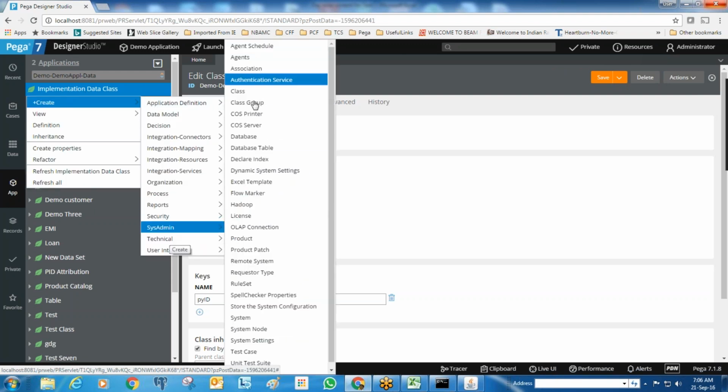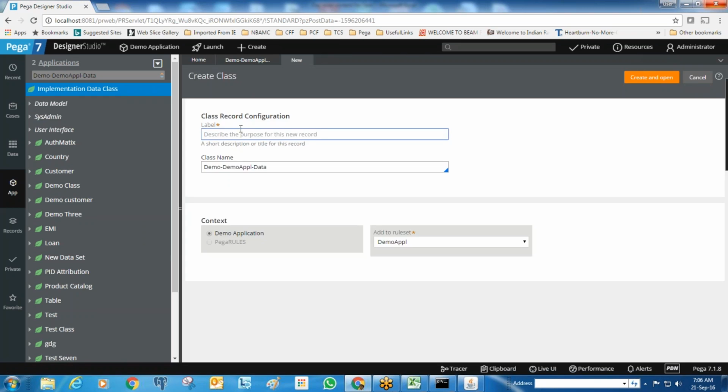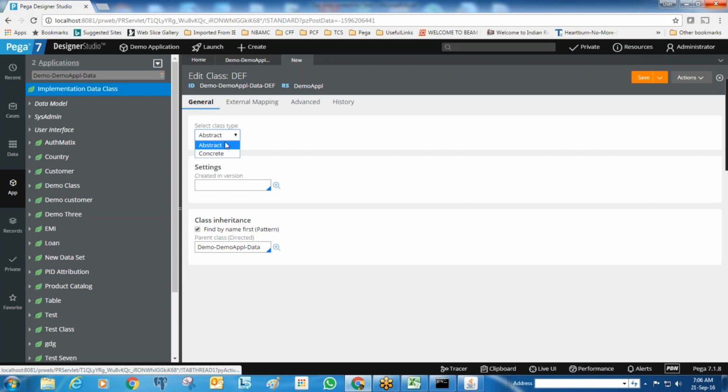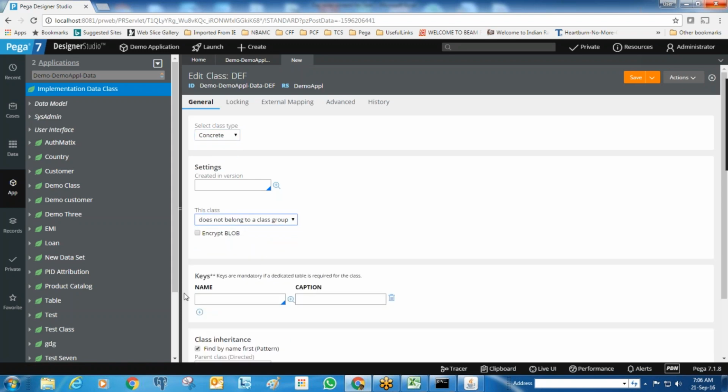Let me create one more class. Sysadmin, class, and this time I am giving df. You need to follow the pattern, df, and then demo rule set is fine, and then this is the concrete class. So only belongs to class group.